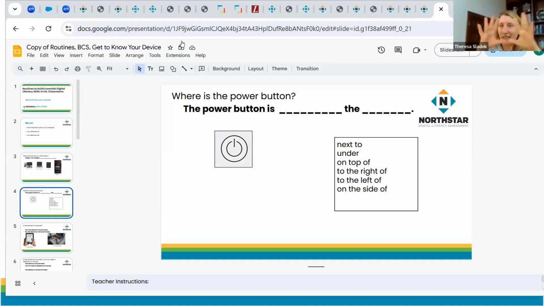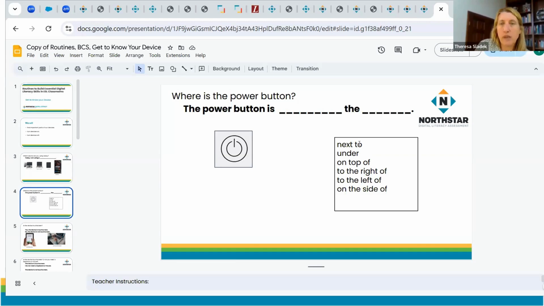This does have a, like I'm thinking of even like the CAPTCHA thing, where it's asking you where there's a bicycle, but similar to that. So kind of making it a fun way to cement that learning and broaden that learning. Okay, those are great examples. And then you can see here, maybe this is too difficult, right? It's saying the power button is under, they have to fill in two things. So maybe you make it easier by you've taught maybe just under and on top of, for example, and just having those,